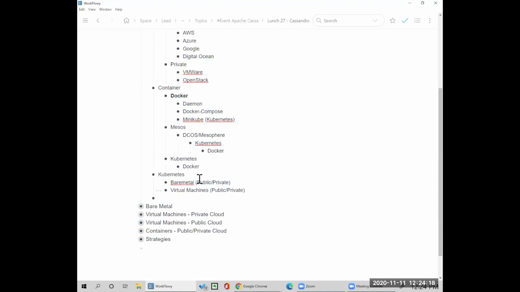This right here, it's interesting that we say that Kubernetes can run on bare metal, public, private, virtual machines, public and private. Kubernetes can also span, given enough effort, different types of hardware, different clouds. Hardware on bare metal, on a public or private cloud, and public cloud virtual machines.